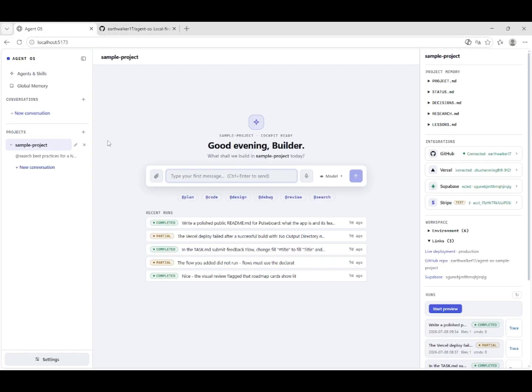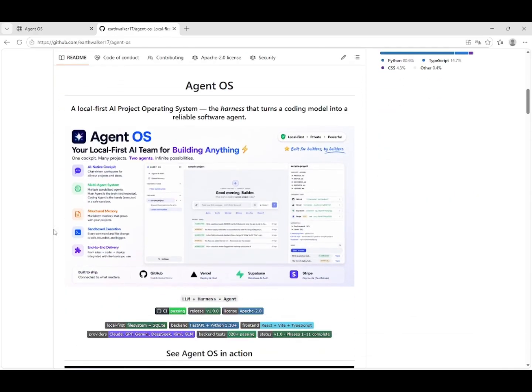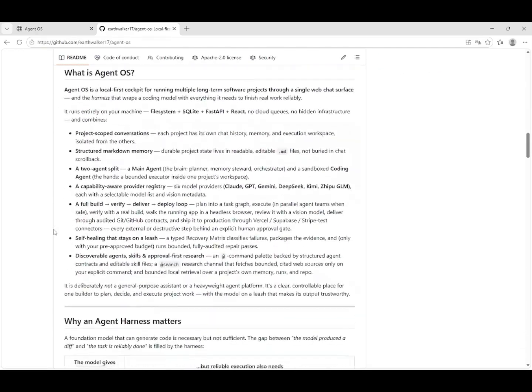Yes. Okay, so this is basically how the whole product looks. If you find it interesting or want to use it for your own software projects, you are very welcome to visit the Agent OS GitHub repo here